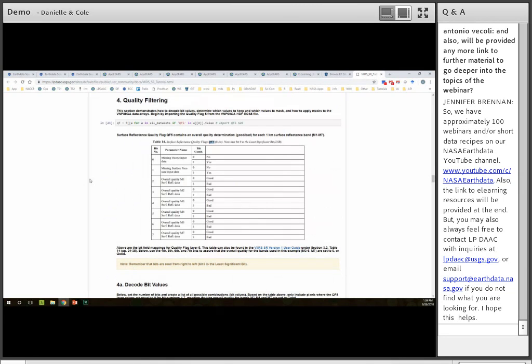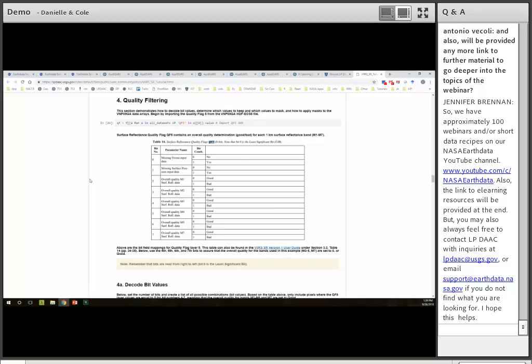To calculate vegetation indices from the surface reflectance data, we will first need to remove those cloudy observations. So before calculating vegetation indices, the tutorial shows how to filter the data for cloud quality considerations. Topic 4 shows you how to decode bit values, determine which values to keep, and how to apply a mask to the data arrays. So the VNP09GA version 1 product is slightly different than similar MODIS products in that there